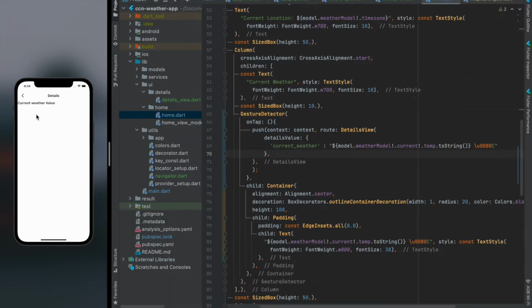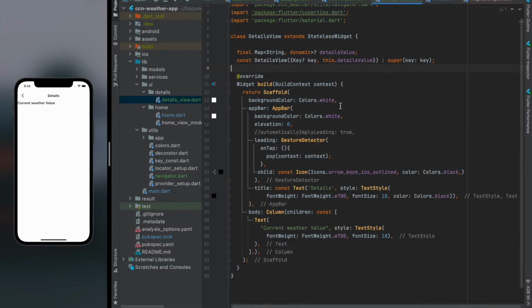So click here. So now we've already implemented this. Now we need to display the data that we are sending from the previous screen to the details screen. Okay, so the way to do that is,